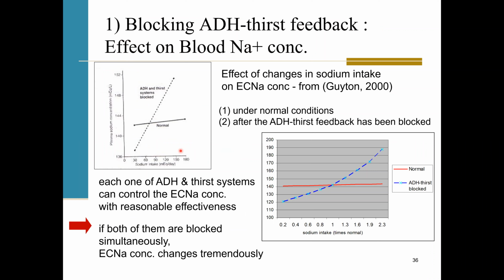Then I conducted some knockout experiments, like the first one here. What happens to your blood concentration if you knock out the first system as a whole, right? In this experiment, the effect of the antidiuretic hormone and thirst feedback system on blood sodium concentration was investigated. As you can see, under normal conditions versus after the antidiuretic hormone and thirst feedback has been blocked, only if you block both of these factors, the first system as a whole, if you block both of these feedback loops simultaneously, then hyponatremia develops. Otherwise,